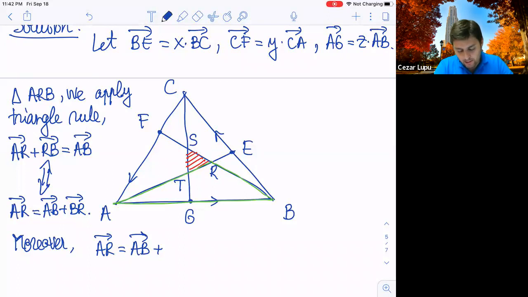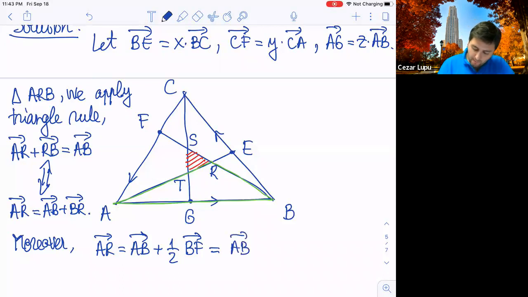BR vector is 1/2 BF vector. Keep in mind that we said that AE bisects BF at point R. So this would be 1/2 BF vector. But now we can write this in the following way. It's AB vector plus 1/2 times, and now I can write the BF vector as